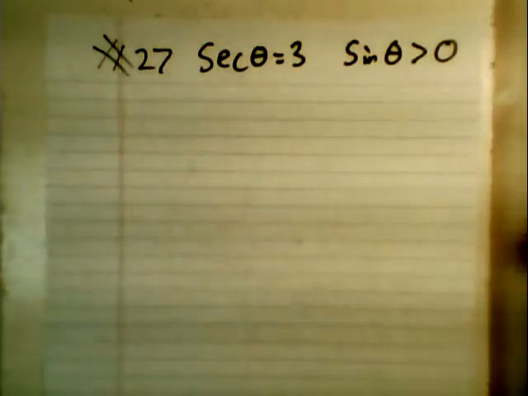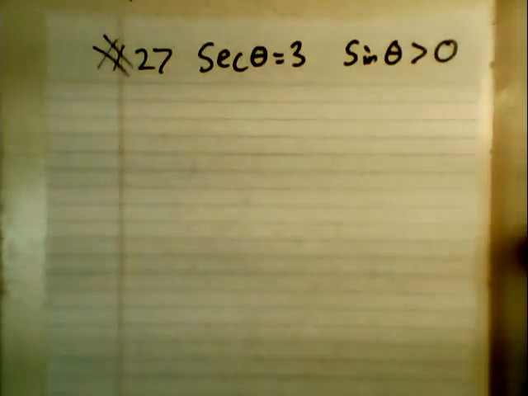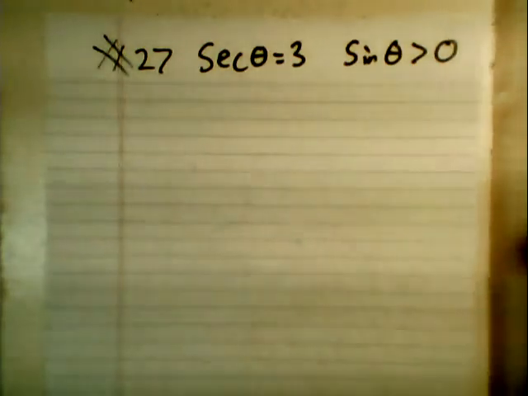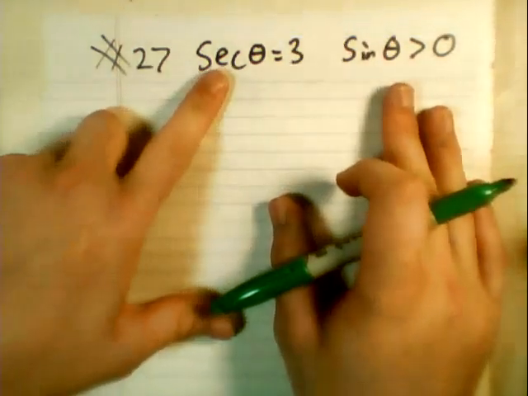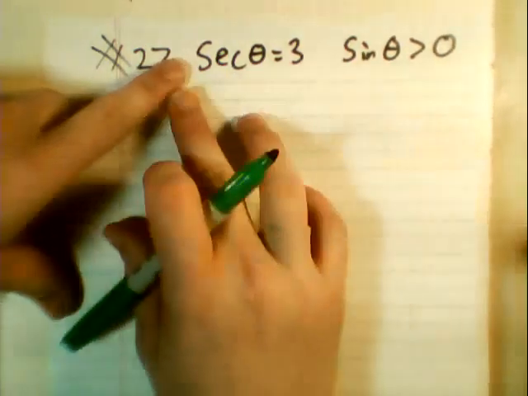On number 27, it gives you two pieces of information, and it says to find the exact value of each trigonometric function. So it's going to ask you about double and half angles of sine and cosine. So using this, let's first figure out what a triangle is and where it is on the unit circle. So we know that secant